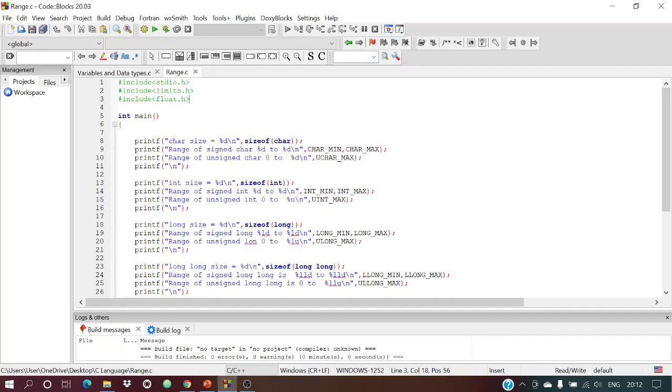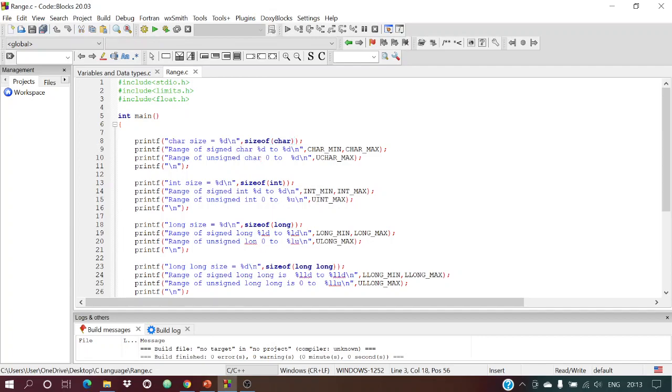So what happens is, this sizeof operator here, you see this printf char size. What the sizeof operator does is, it takes a data type and returns the size of this data type that will be assigned when the program starts running. So if you are writing sizeof char, it will return, suppose 1 byte, so it will return 1, which will be assigned when the program starts running.